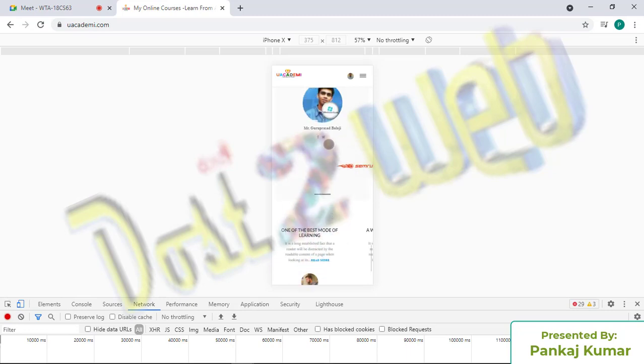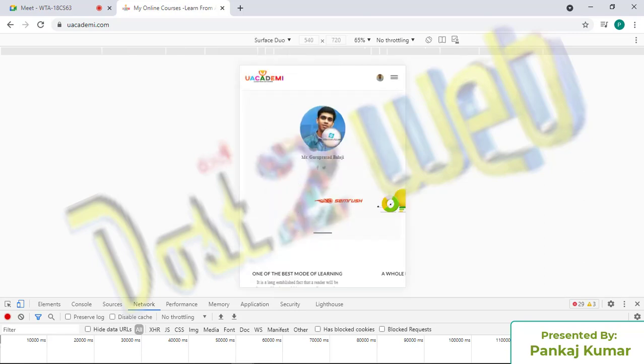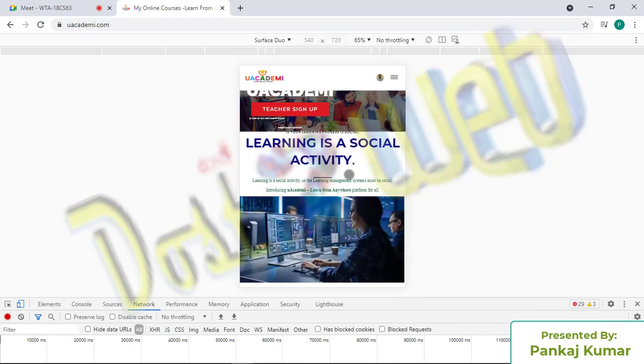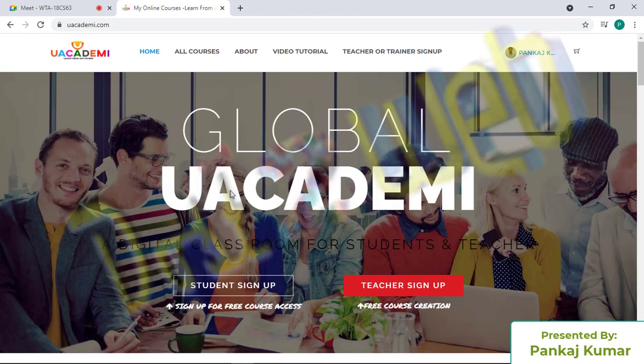So all these issues will come when you start developing any portal. See, when I use Surface 2, you can see here again how it is. This is how you can find whether the website is completely responsive or not. And if you are developing any portal, it's not like you have developed it and it's working fine. You have to check the screen size, go to the responsive design, responsive layout, the developer mode, and check this website.